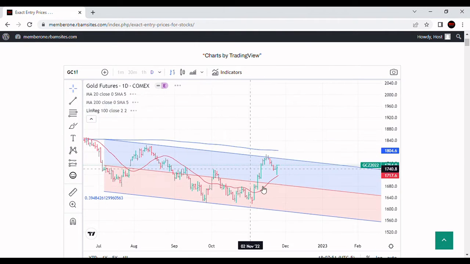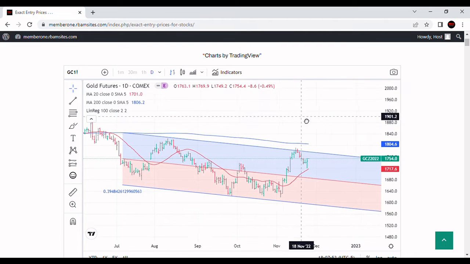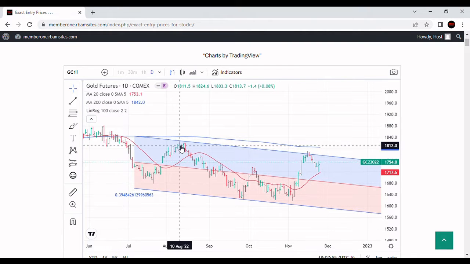Let's take a look at the daily, and again regress it, and you can see exactly on a daily chart we had respect for it here, here, and again here. So this, again, two standard deviations, 100 bars, but now on a daily chart, and you can see we ran right into this fair value here, ran right into this 2 standard deviation spot here and here, respected it, and sold it right back down.